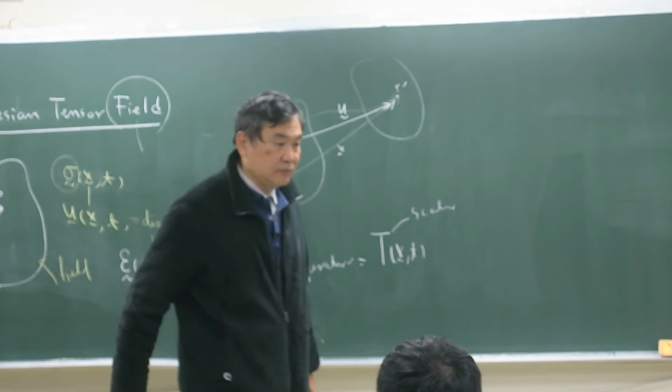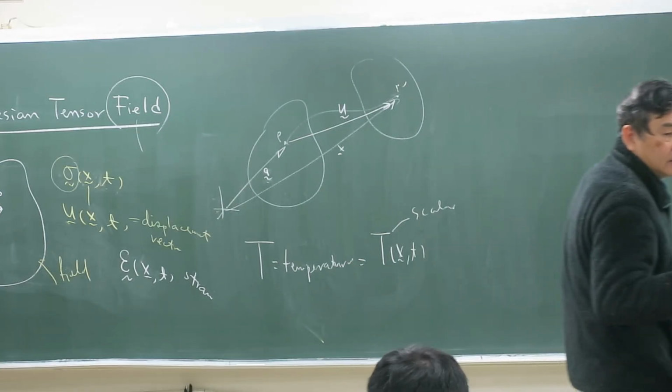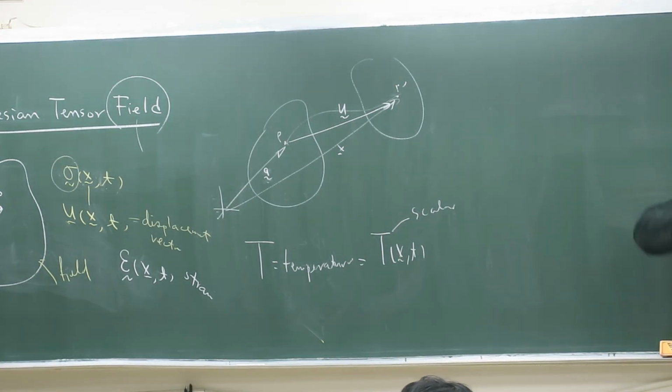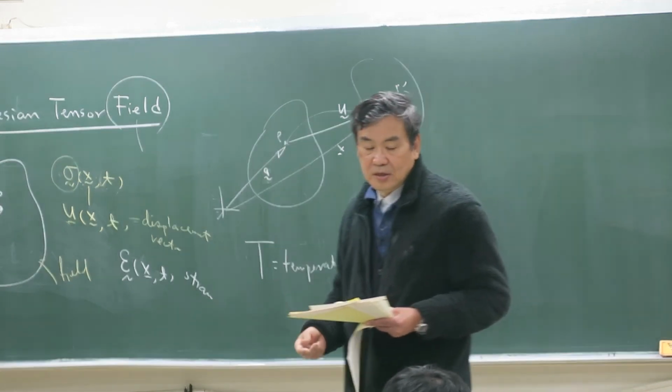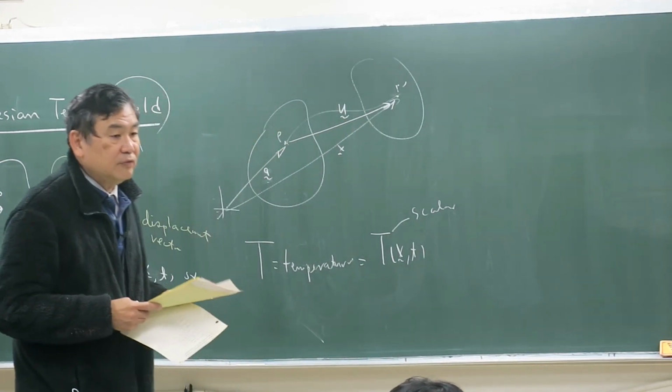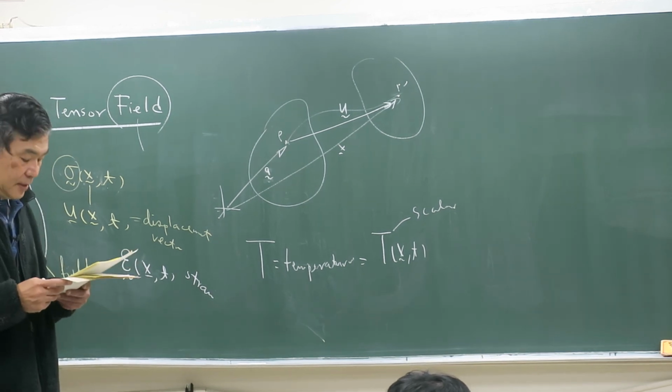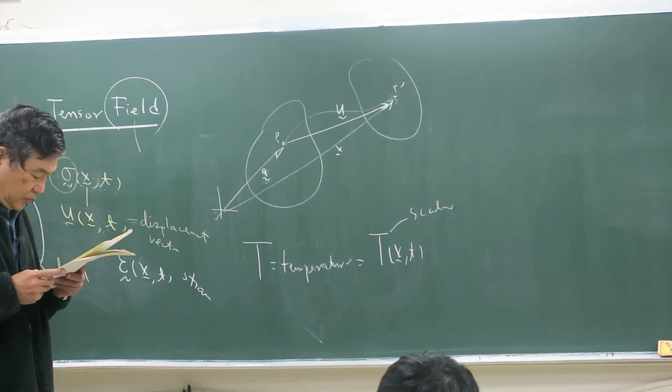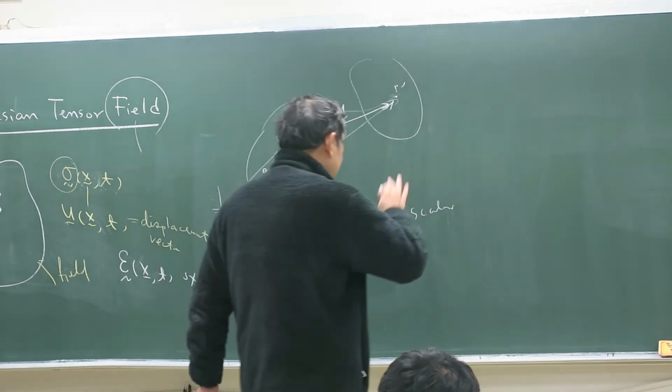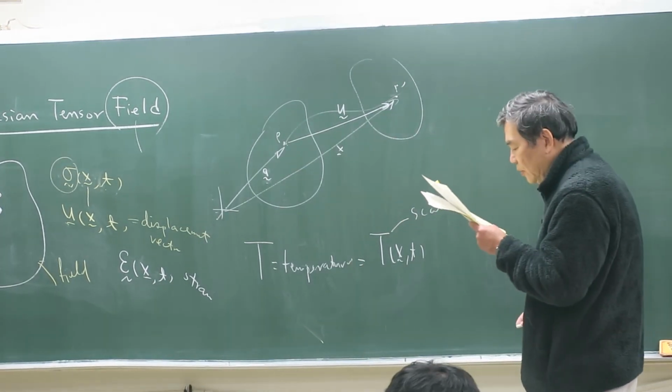Field theory is very fundamental in the mechanics description. Okay? So all the strain field, stress theory are derived from this kind of displacement field theory. Okay? Yeah. All right. So when we do mechanics, sometimes we will have